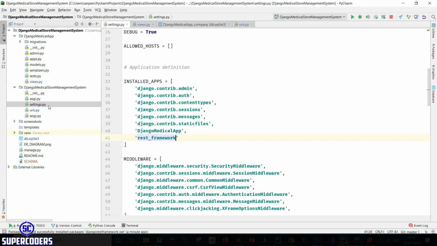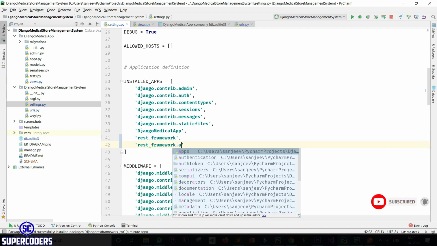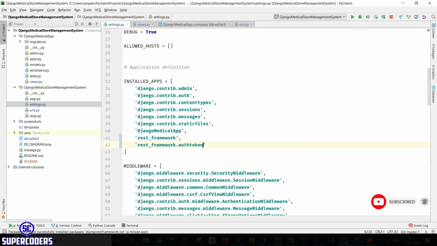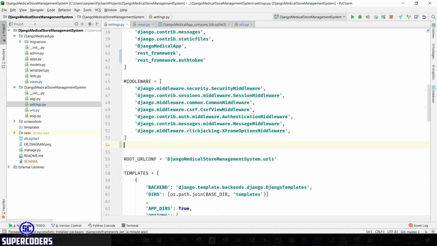Now let's add our token in our settings.py. So open settings.py first, then add here a comma, then add rest_framework.authtoken. So it's linked in our app. Now let's create the REST framework setting.